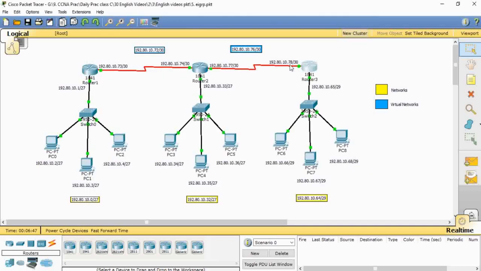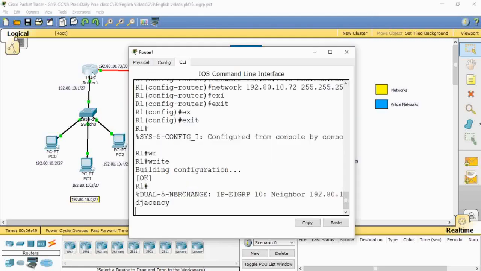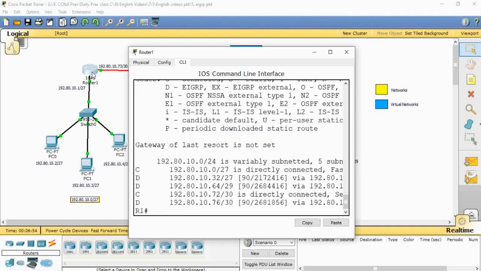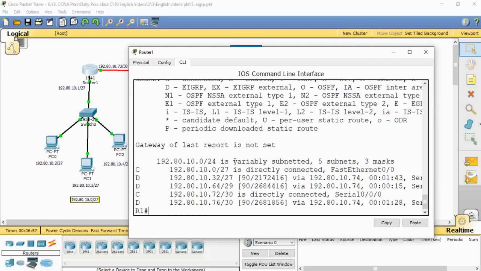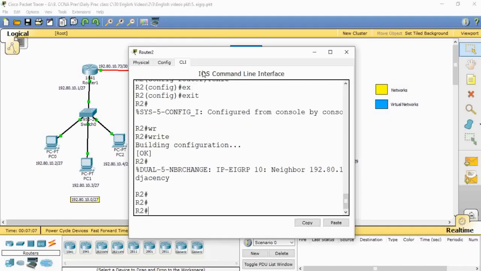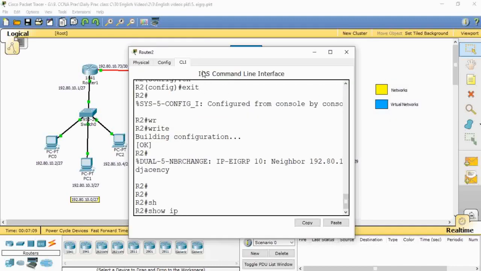Now verify them. Open router 1. On privilege mode, type show IP route. You can see that connected networks, which is denoted by C, and there is D, which means EIGRP. Check the matrix and AD value. Now open router 2. Type show IP route.